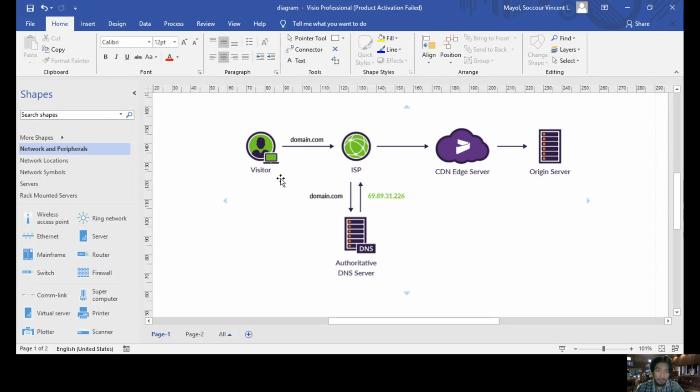Okay, so first, the user, student or teacher, will input the website or the domain name on a web page, www.office.com, and then the traffic will be routed to his or her ISP. And once routed to the ISP, of course, you will be directed to an authoritative DNS server